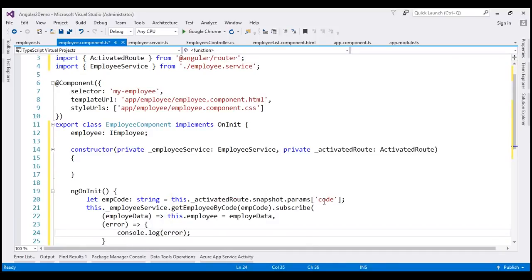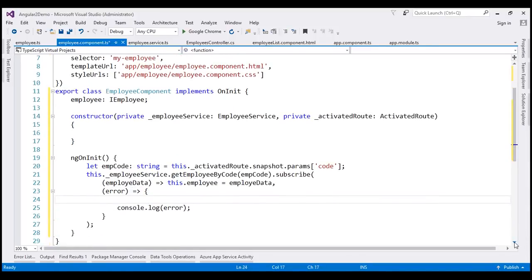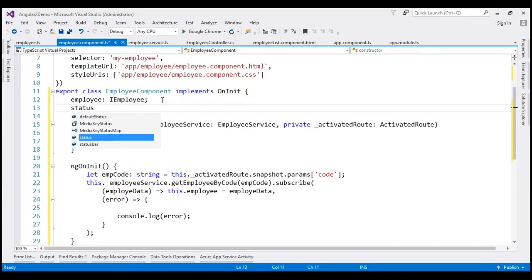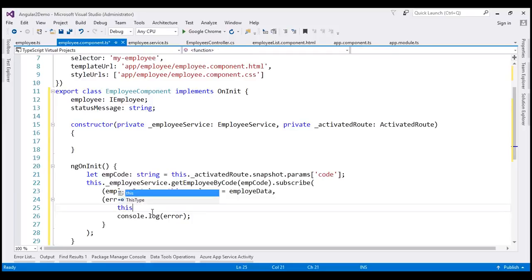And then we want to display a generic error message to the end user instead of showing him the actual exception. For that, let's create a variable here. Let's call it statusMessage, and this is going to be of type string. And then let's set that status message variable to a general message like "Problem with the service, please try again after some time." So at this point, when the service successfully emits an item, that is the employee object, this property employee will